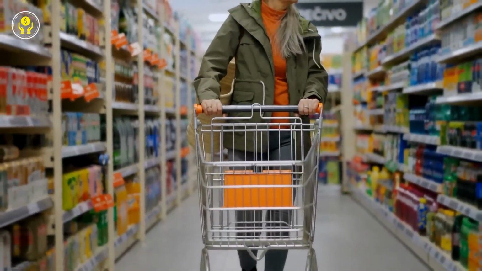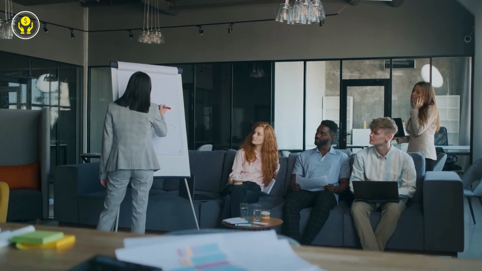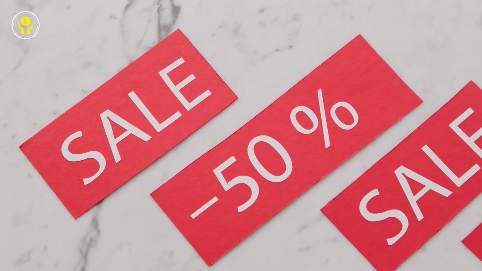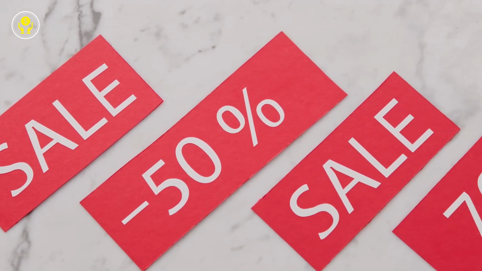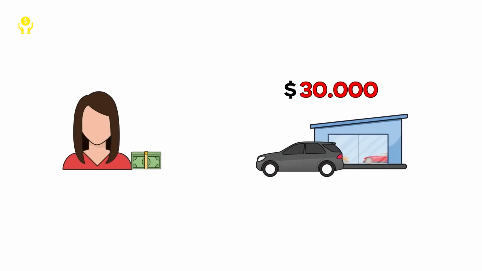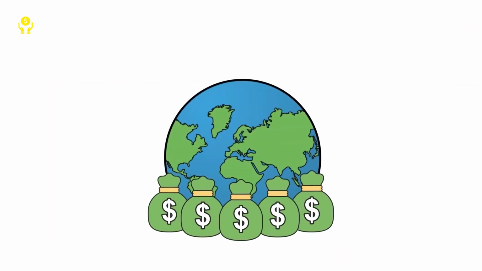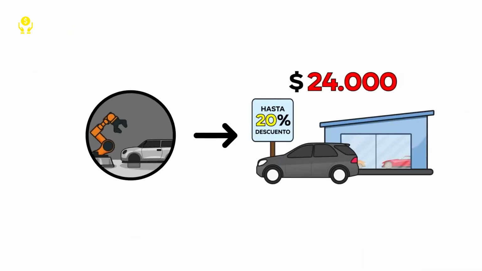The consequence of all this is that as the demand for products decreases, companies will sell less. The first thing companies will try is to lower prices so that people can afford to buy. So, if a car costs $30,000 and people stop buying cars because they can only afford up to $20,000, companies will try to lower the price of their vehicles. However, due to inflation, that becomes impossible because at the same time, car factories have seen their production costs rise.